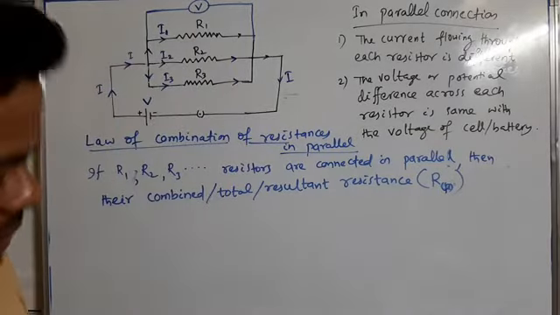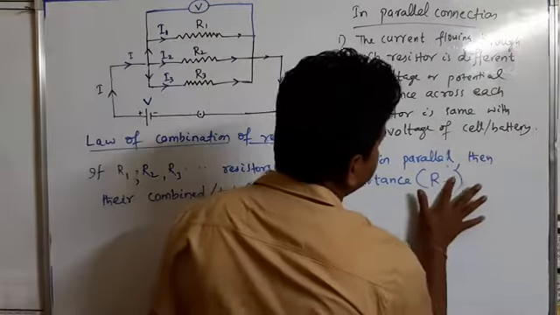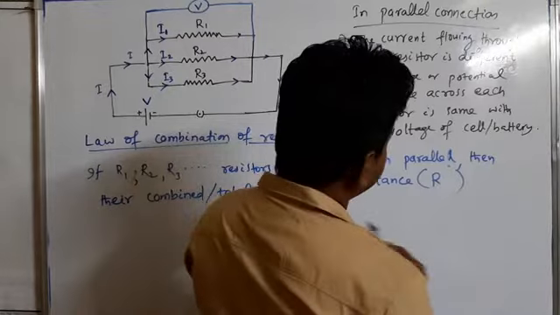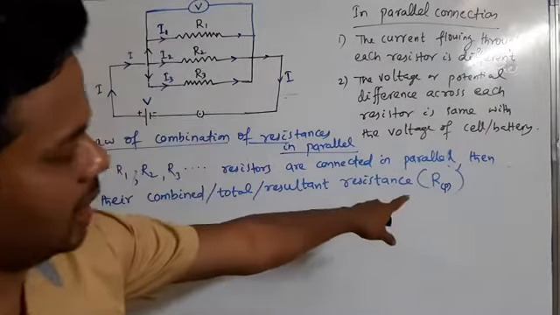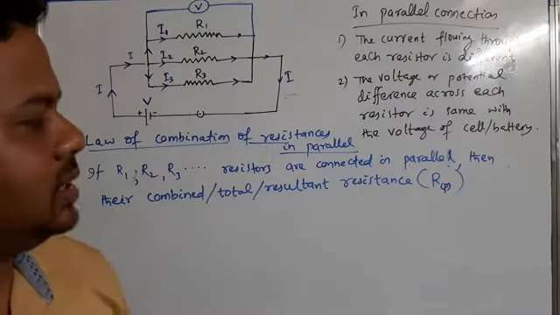Rs is for total resistance in series connection, and here I am giving the symbol Rp. Rp is total resistance in parallel connection,